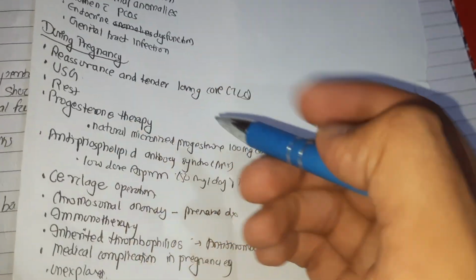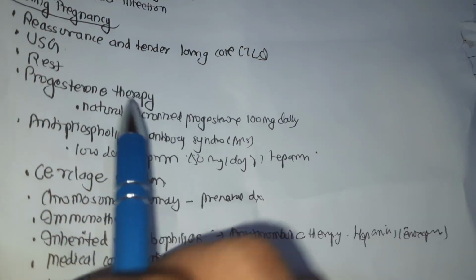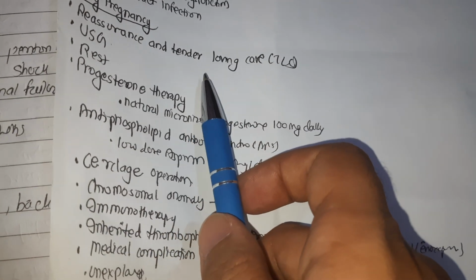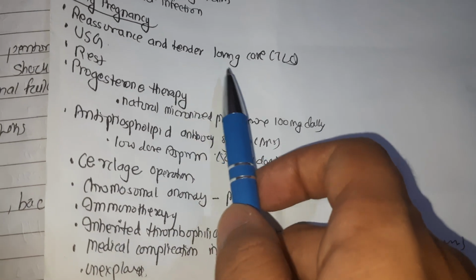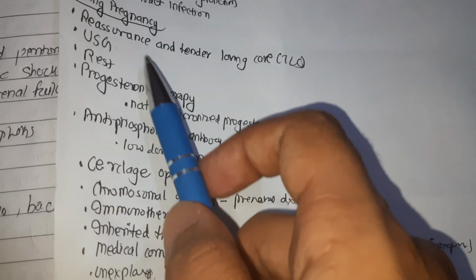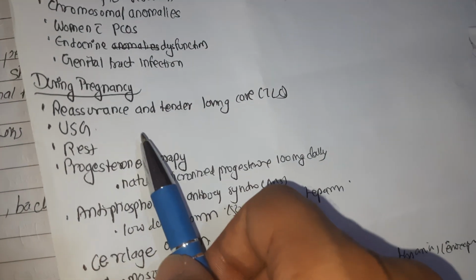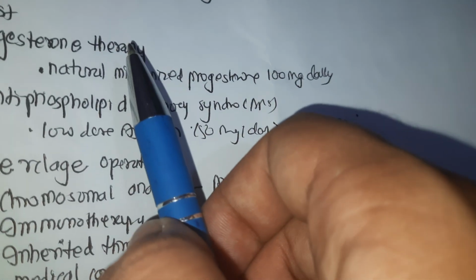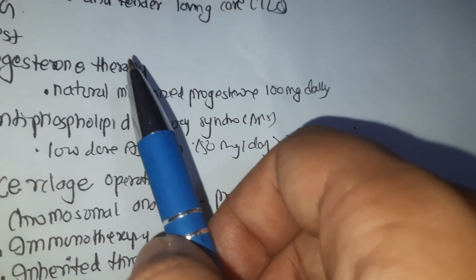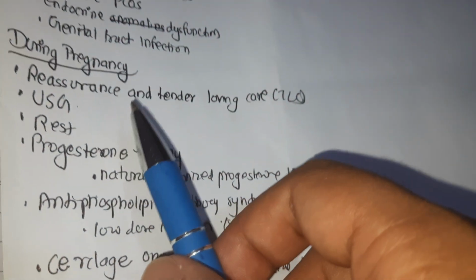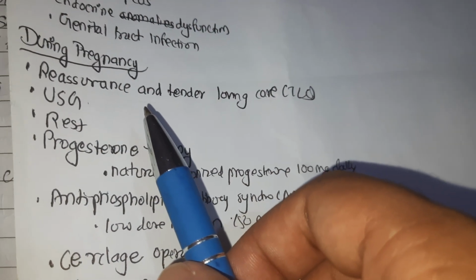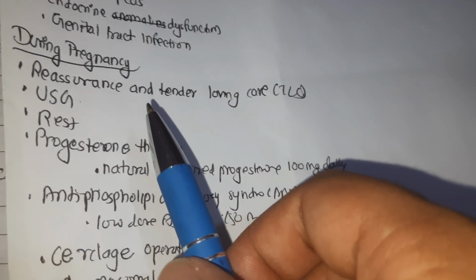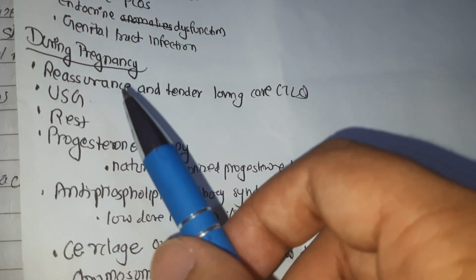And during pregnancy, we have to do reassurance, and the tender loving care, TLC, are very much helpful. Probably this removes the stress and improves the uterine blood flow. Ultrasonography should be used at the earliest to detect the viable pregnancy. This will influence the further management. If the fetus is viable ultrasonographically at 8 to 9 weeks, only 2 to 3% are lost thereafter. Similarly, fetal loss is only 1% after 16 weeks of viable fetus. So that's why ultrasound is important.